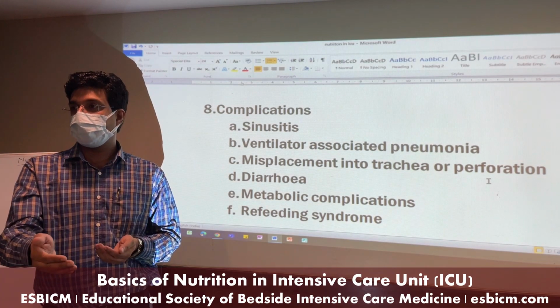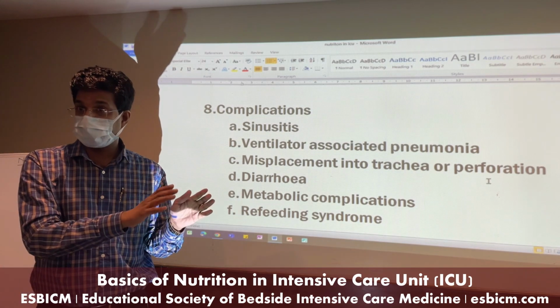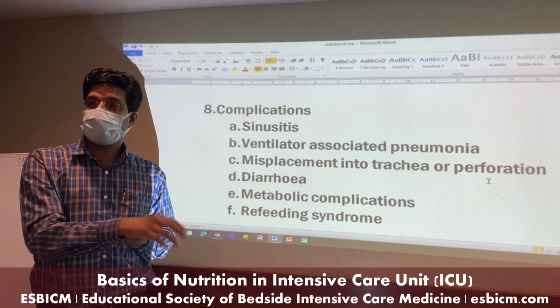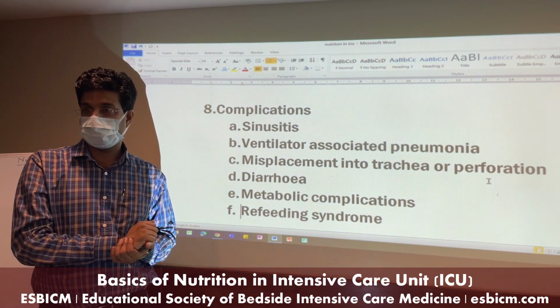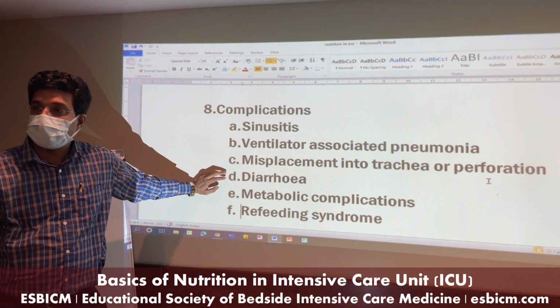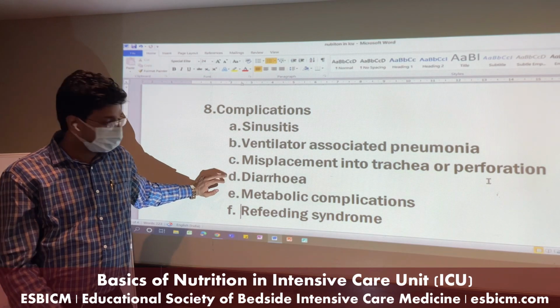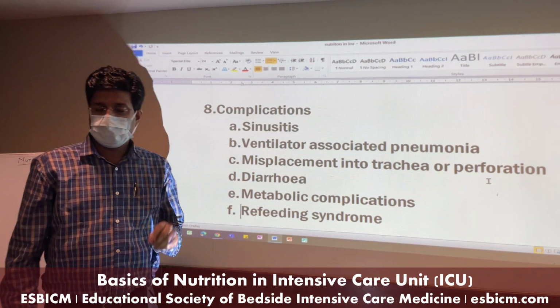We started supplemental feeds to the patient, and on the third or fourth day the patient started developing diarrhea. So you need to check whether the shaker has been washed or not. If you let the feed remain in there, even small particles, 1 or 2 ml, it gets infected. So whenever your patient on supplemental feeds develops diarrhea, always take the shaker in which the feed is being mixed. If that cause is found, you can fix it.